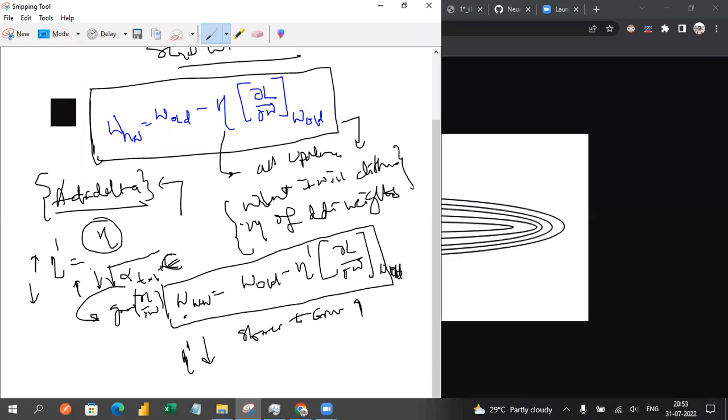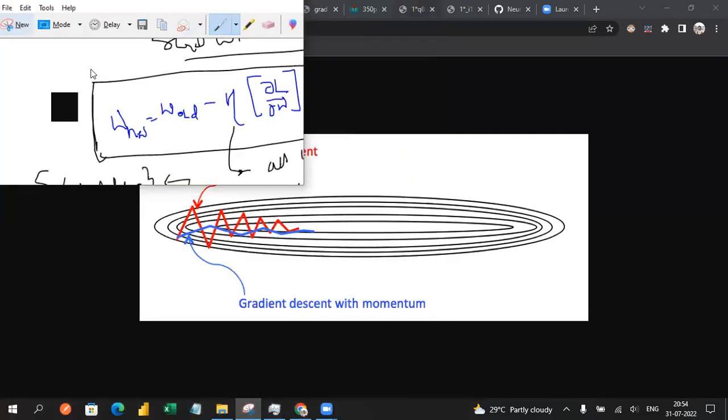So at that time, alpha t minus 1 can become very large as t increases. So at that time, there is a disadvantage with respect to eta decreasing, giving slower convergence. We require faster convergence, right? We require faster convergence. That's the reason we are using optimizers. We require faster convergence, but what will happen, the gradient is increasing, eta is decreasing. Eta decreasing means slower convergence. So further we have